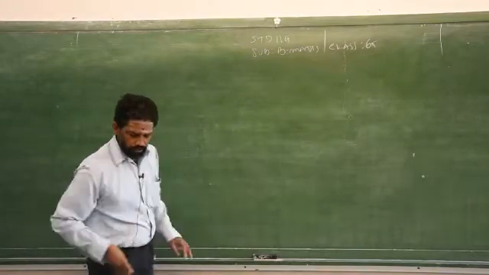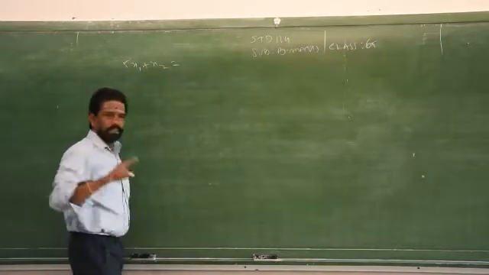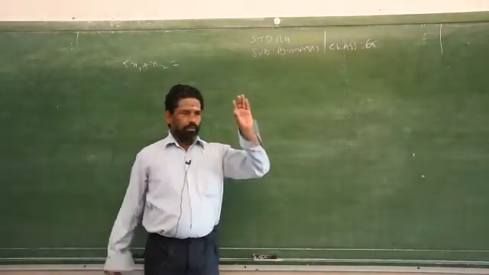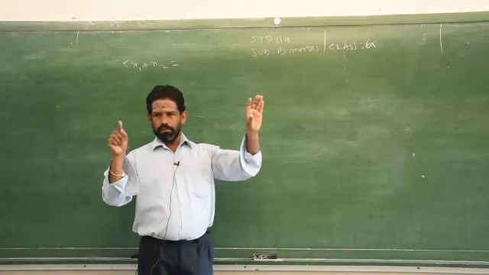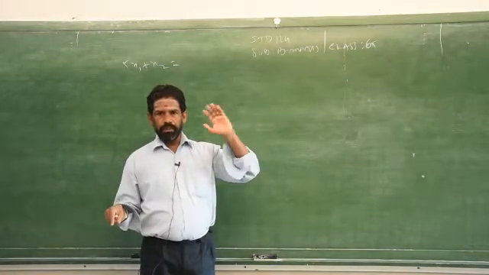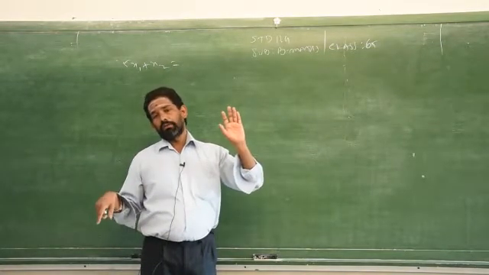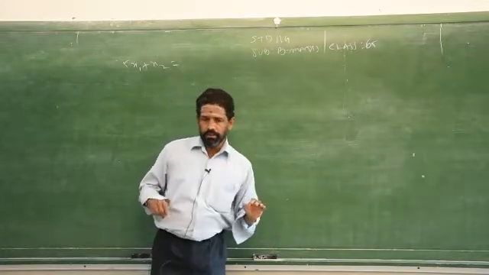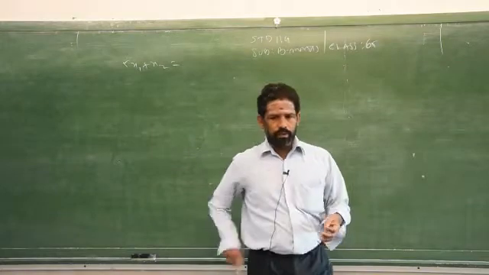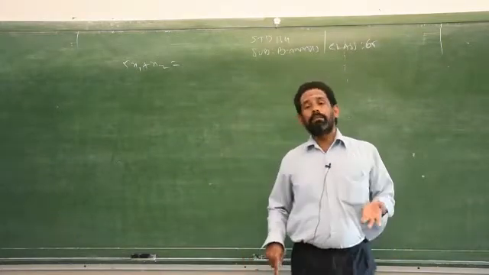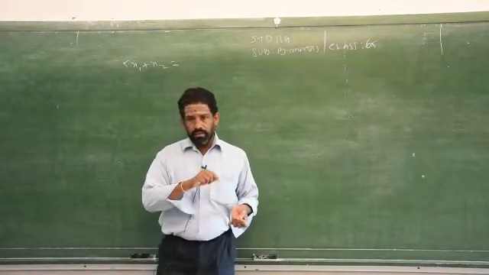First equation: 5x1 plus x2, it is given greater than or equal to. I told you already, if it is given maximize, the inequality under subject to the constraints should be the less than or equal to symbol. If it is minimize, then that inequality has the greater than or equal to symbol. Clear? That's the difference between maximize and minimize. If it is maximize, under the equations subject to the constraints, we will have less than or equal to. If it is minimize, we will get greater than or equal to.